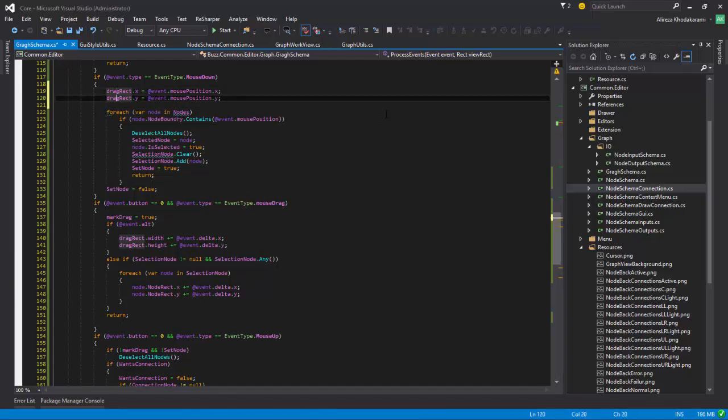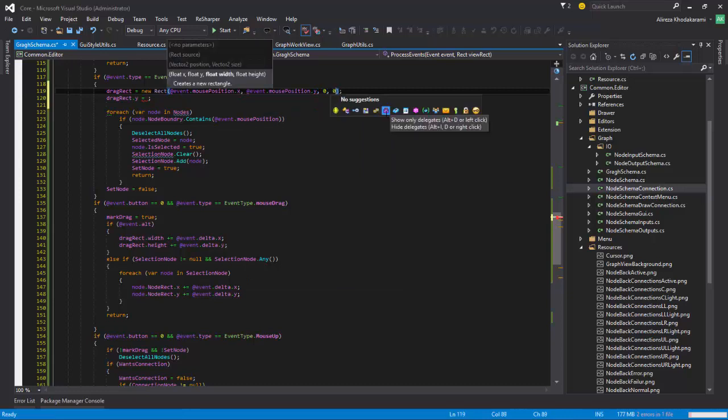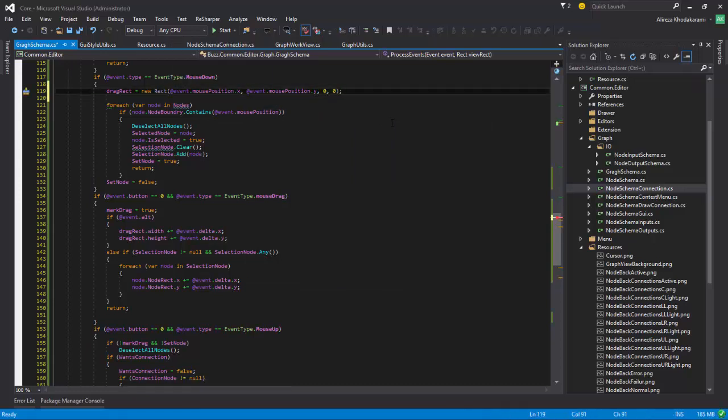I can't say this in a single line, but I will do it like this. Equals new Rect of that and this, and 0 and 0. Okay, then